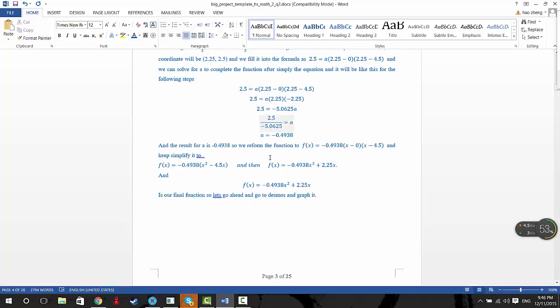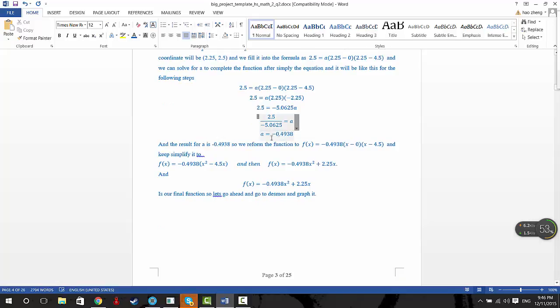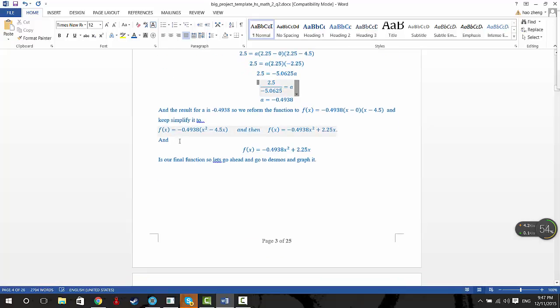And after calculating, we will know a equals negative 0.4938. So here's our a, and the result for a is this one. I told you, so we reform the function to here: y equals negative 0.4938 bracket x minus 0 and bracket x minus 4.5 bracket, and keep simplifying it to